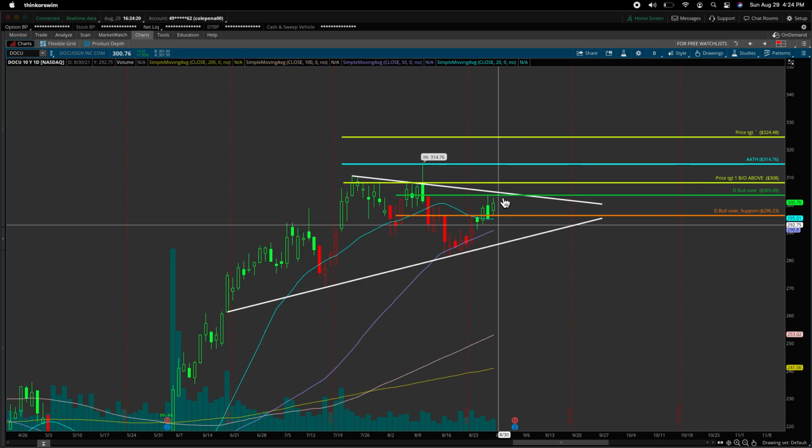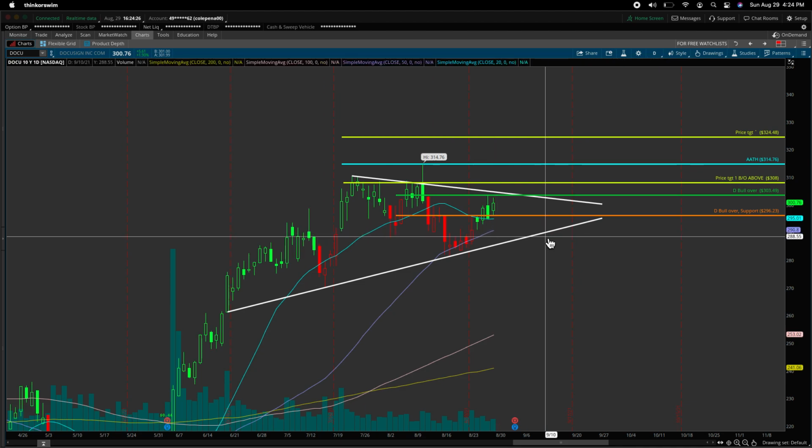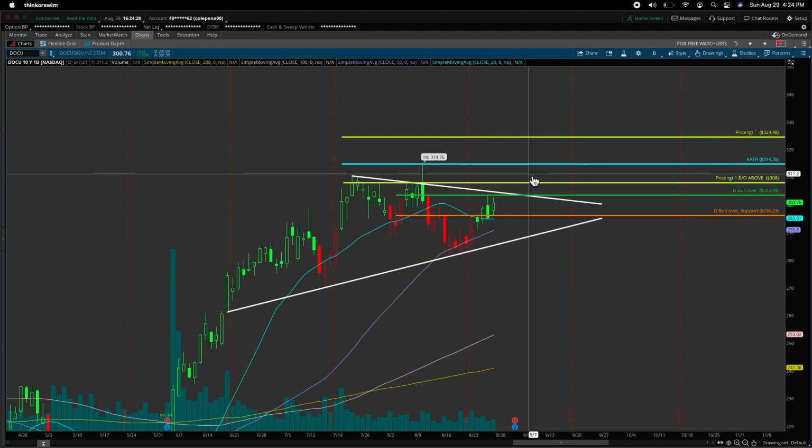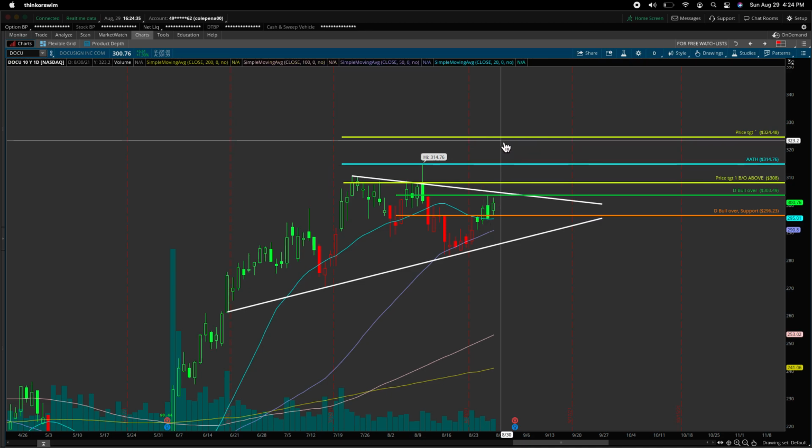So this is more bullish than bearish, and there's no point of playing puts on this one. So calls above 303.50, price targets 308, 315. If we break the all-time high, we could get 325. And I don't know when we could get that 325,